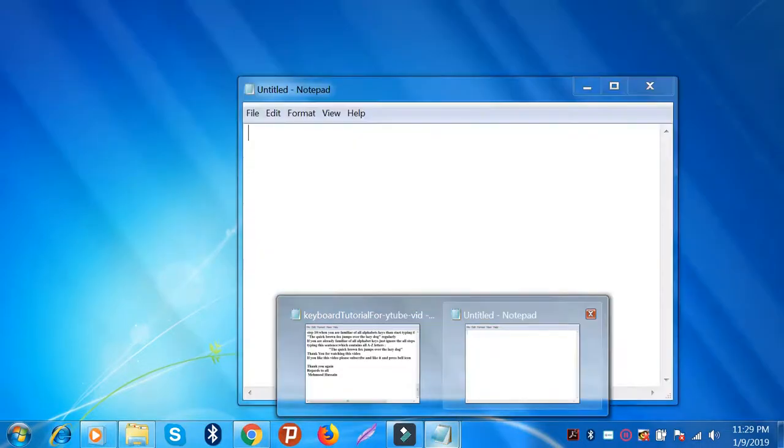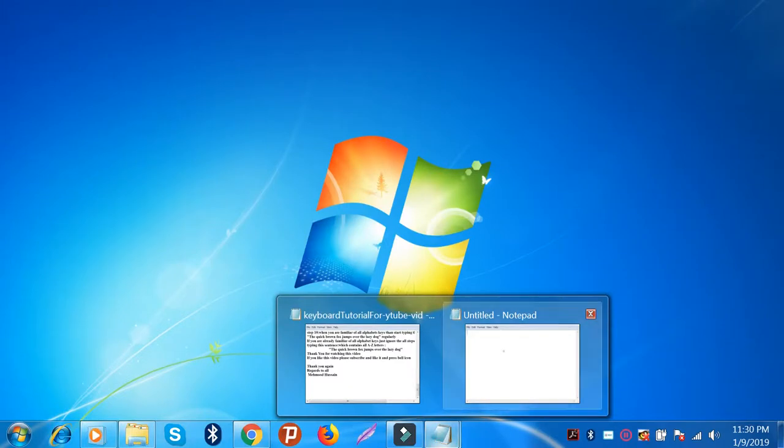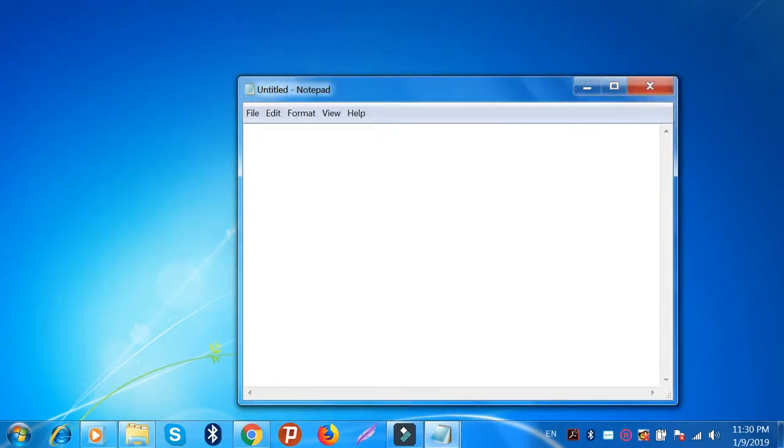Hello friends, today I shall tell you how to increase your typing speed by typing just one sentence which contains all the letters from A to Z of the English alphabet. The sentence is